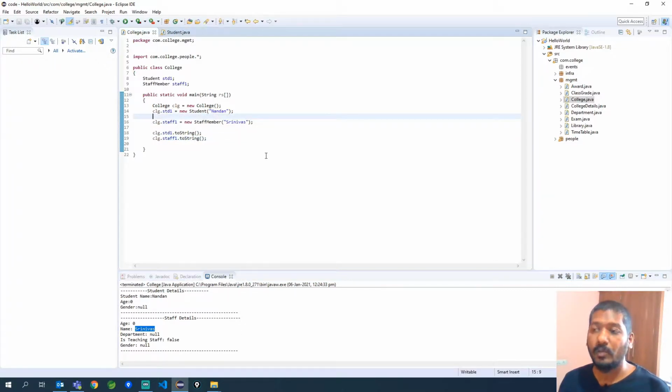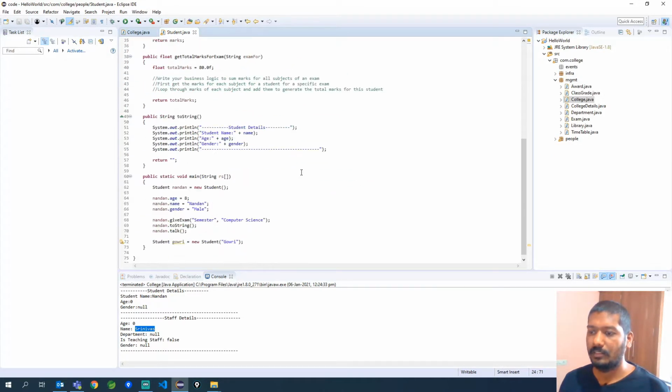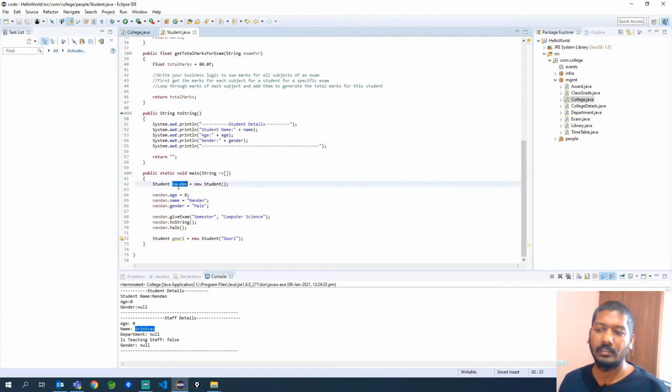Now let us see if we can access the particular student's data members from here. How did we used to do that? We used to say student1.whatever attribute. That is what we have done here: student object.age or .name or gender.